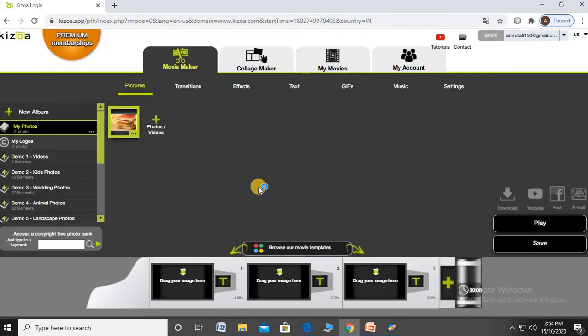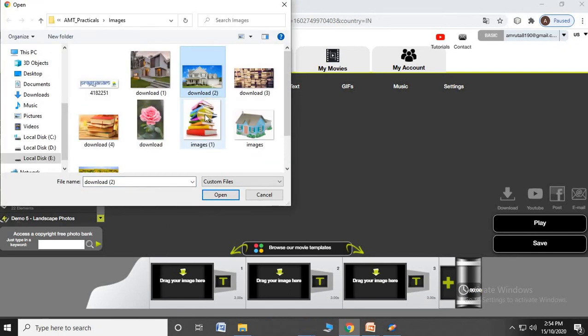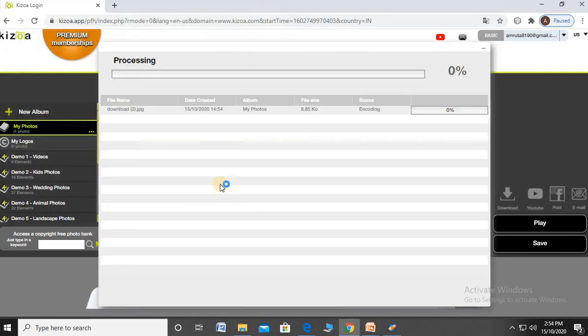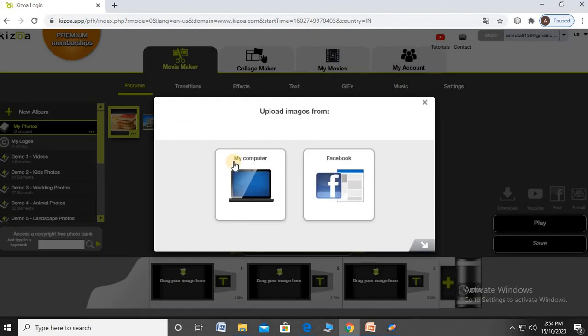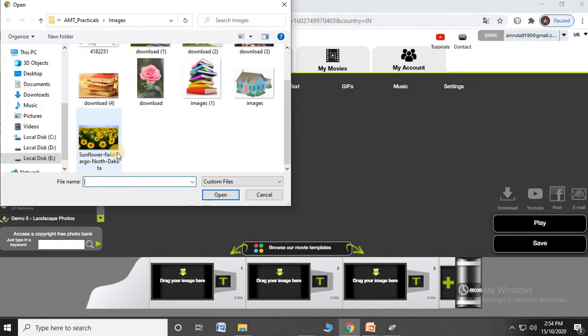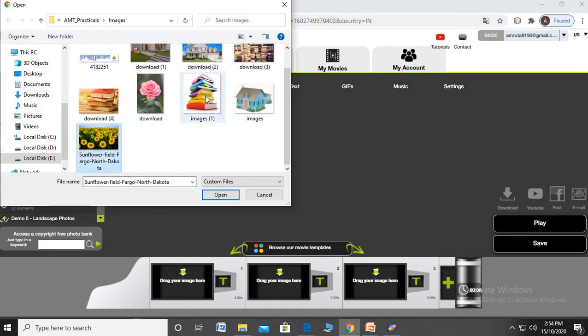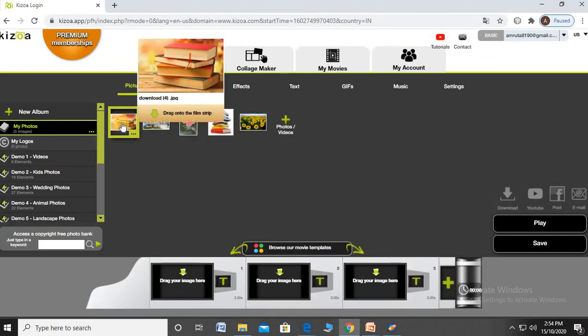Only one image is set at a time, but you can also select multiple images at a time.